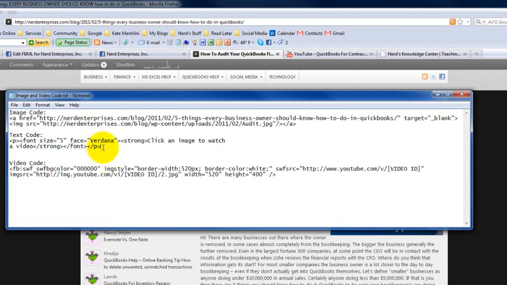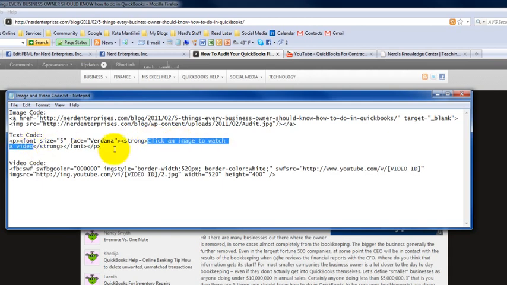Now I have text code here, which I felt was necessary because of the way it renders when the videos initially show up, to put some instruction that lets people know that you have to click the image, because at first it looks like a still image. It's a little blurry. Once you click on it, it becomes a live video that somebody can play. So I personally felt it was necessary, or for that matter helpful, to include the instruction. So I have basic text code tags here, which you're also going to paste in, that says click an image